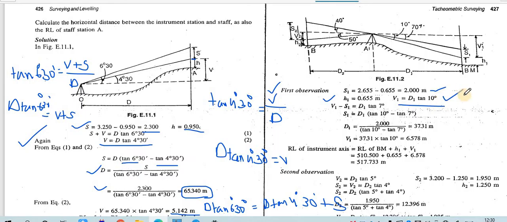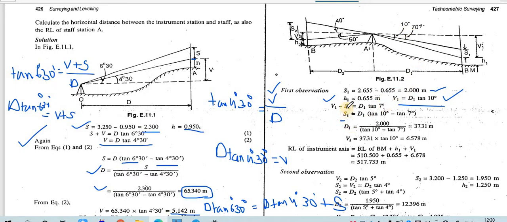Okay. So how have you got this? The total angle was coming to be 10. We need to consider this total triangle. So the total triangle, the vertical height is V divided by what? D. So V1 equals D1 into tan theta 1. In the second case, this smaller triangle, we need to subtract S1 from V. So that will be what? V minus S1 equals D tan 7 degree.